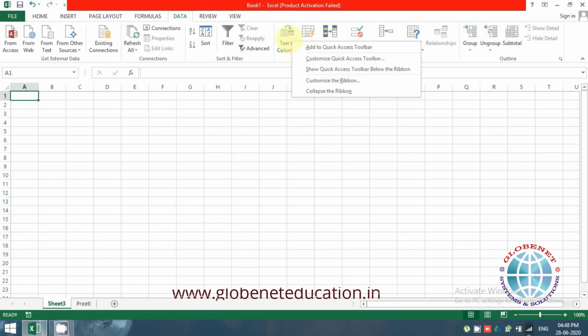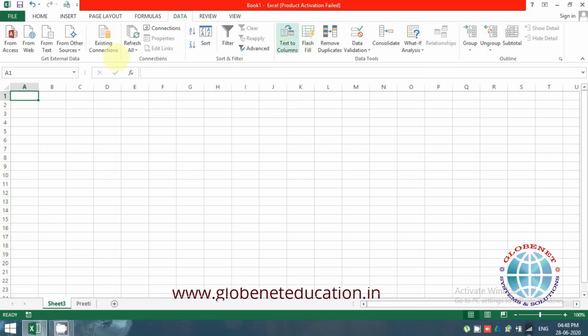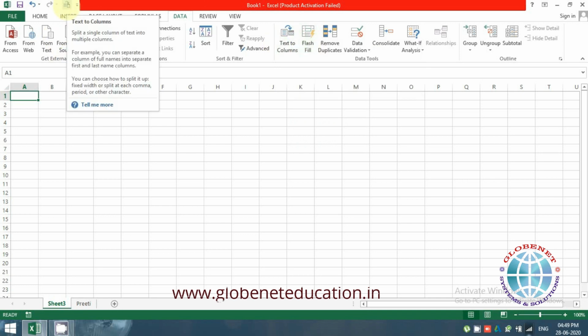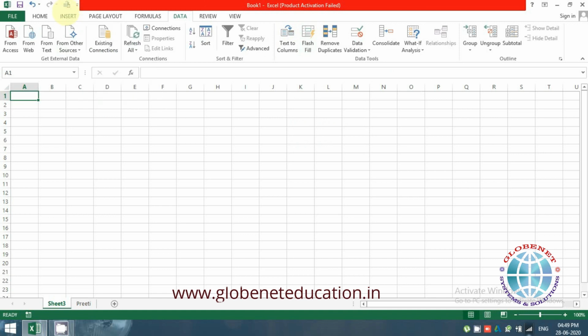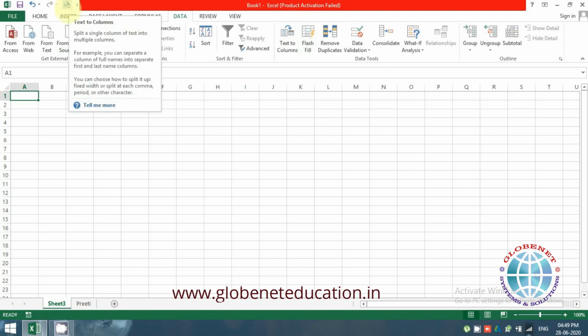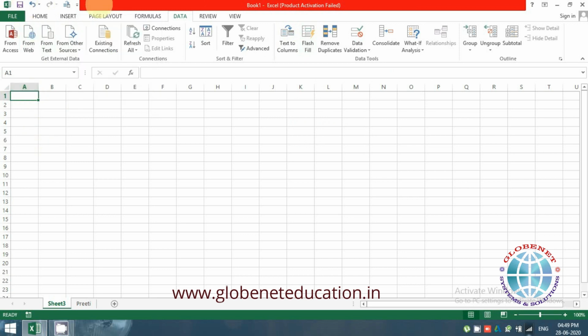I'll just right click on that option and say add to Quick Access Toolbar. So you have it here. You can change the icon or give it a name. You can customize that. I'll show you later how to customize it when I show the ribbon. So this was about the QAT.